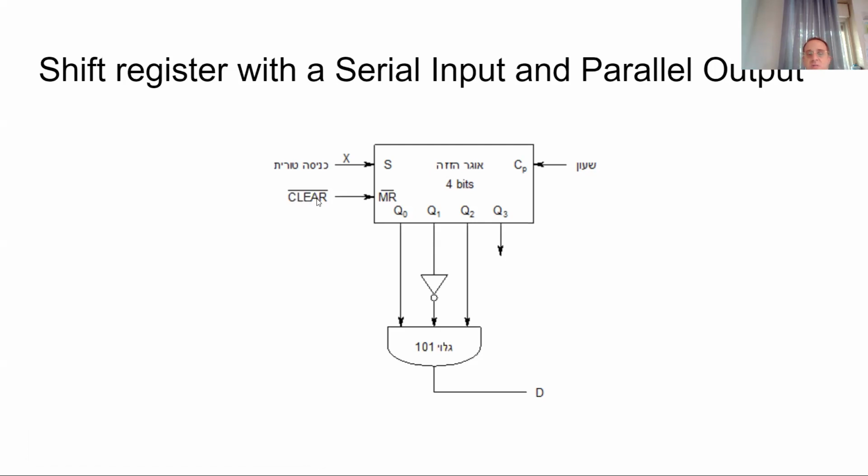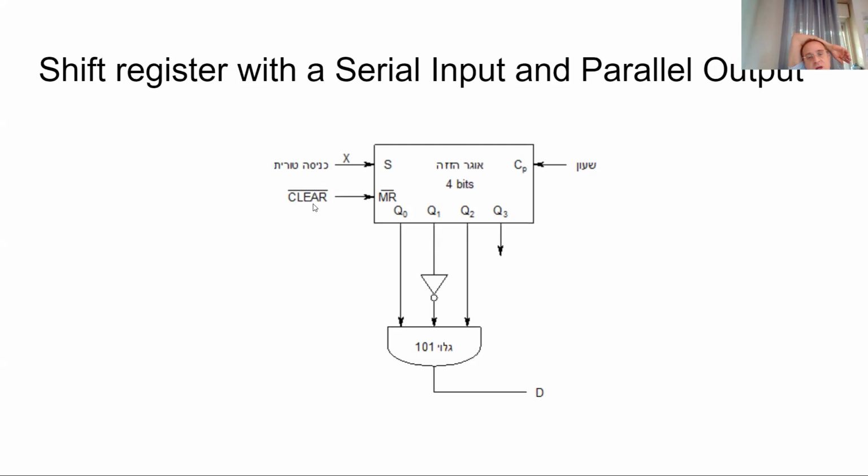Clear has to be, what do we call it in Hebrew? GOG. How do you call it? Overline? I don't know. What do you call that in Hebrew? In English, when you have an inverted clear, it has to be 0,